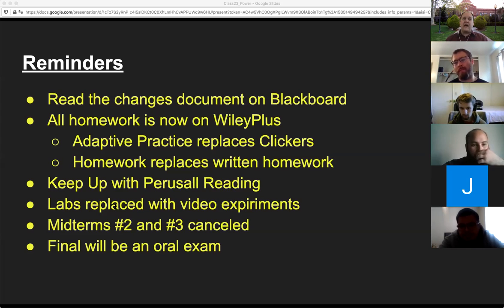The other thing I will add in is if you have accessibility concerns, you need to contact ARC. Again, they are completely overwhelmed, but that's their job. So you should get on their radar as fast as you can. I have tried to make things as accessible as possible. If there are things I can do to make them more accessible, please let me know. But yeah, we're sort of flying by the seat of our pants. Okay, the last thing I'll say, and then we'll actually get to actual physics.